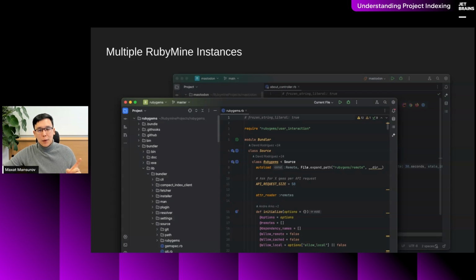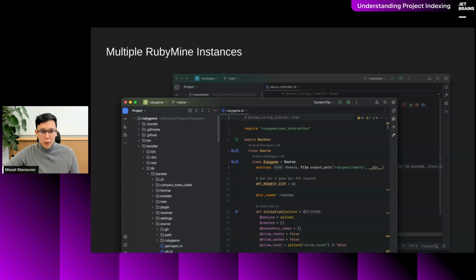Instead, you can install another version of RubyMine, another instance, and open those projects in another instance. Yes, this is a very useful tip, because when you have two different instances, those instances do not share the caches, the locks, and the memory. So everything will be much smoother, especially if you have larger projects.